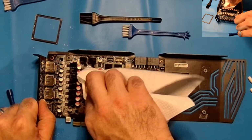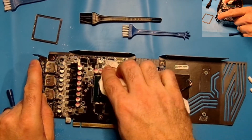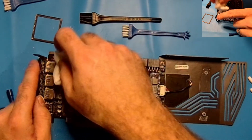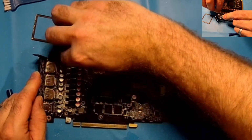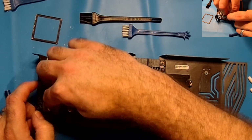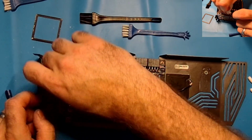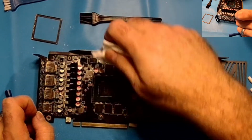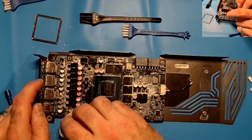Probably kind of boring to watch. Sorry about that. But we're going to get to the conformal coating pretty soon here, at which point I'm going to be letting the card dry or cure for 24 hours. Which will take us, well, for me, we're sitting at 1 p.m. right now, thereabouts. So tomorrow I could potentially be applying